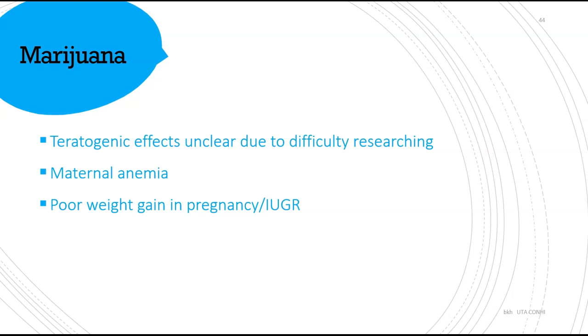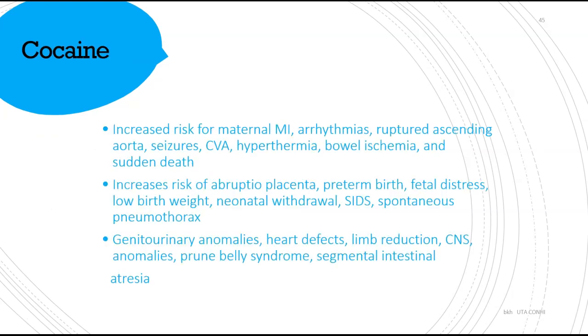And part of the difficulty in researching this is, are marijuana smokers also smoking cigarettes? Are they having other alcohol? Are they doing other drugs? Or are they the only thing that they're doing that is not healthy is just the marijuana? And that's based on self-report. We do know that it can cause some maternal anemia and poor weight gain in our moms, leading to intrauterine growth restriction. We know risk for cocaine is that mom can have an MI or cardiac arrhythmias, ruptured ascending aorta,